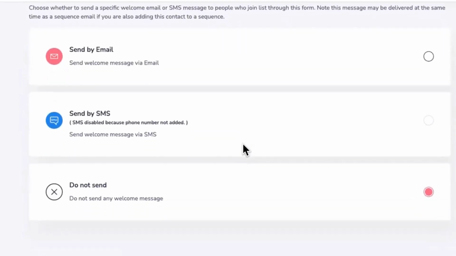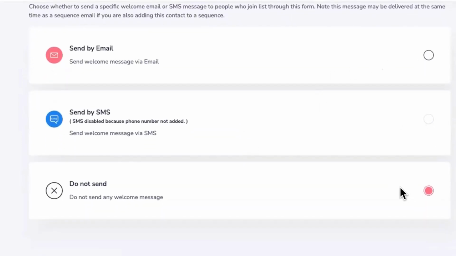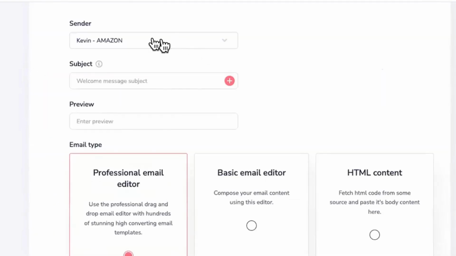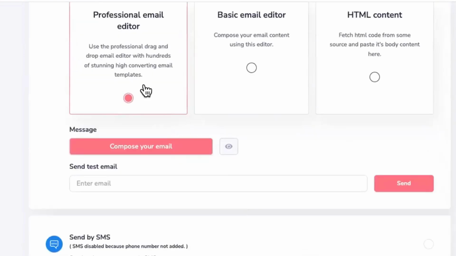Now we have the option of sending them an email or not sending them an email. So what I'm going to do is I'm going to send them an email. It's going to choose the sender. My default is my Amazon sender. And I'm going to say, here is your cheat sheet. We can use the professional email editor, and I'm just going to go in briefly and show you that it's